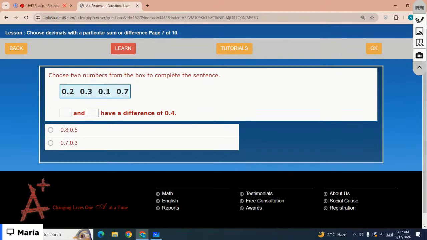You can ask questions, Simran. Choose two numbers from the box to complete the sentence. That's the second one. 0.3 and 0.7 equals